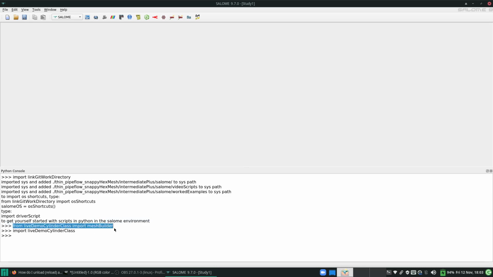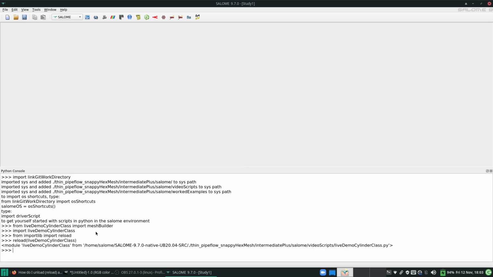Then if you want to reload it, you have to import, from importlib import reload. So this is a very important line of code. And then if I want to reload the live demo cylinder class, you have to do this: reload live demo cylinder class, and then I'll have to copy this line and paste it here,